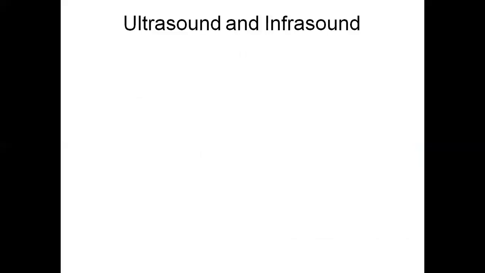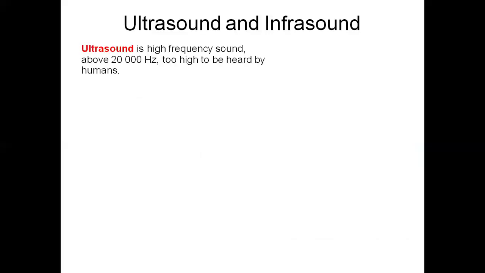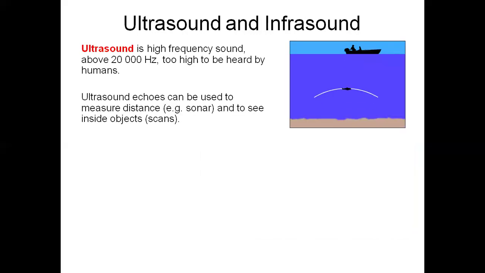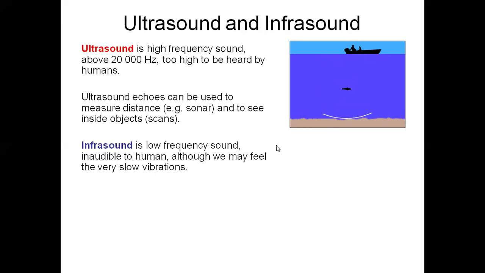Ultrasound and infrasound. Ultrasound is a high frequency sound above 20,000 hertz, too high to be heard by humans. Humans cannot hear it. This is used in sonar, the technique to find out the depth of the sea or ocean or the presence of an underwater object, or to detect the presence of a stone in the kidney, that is for